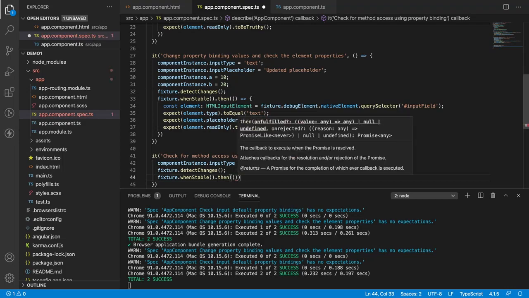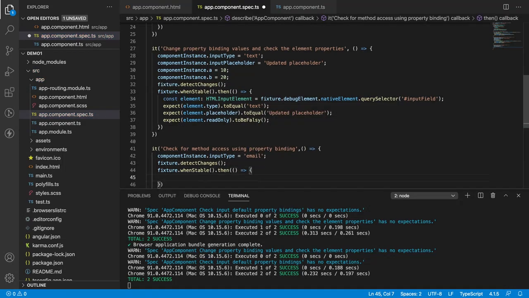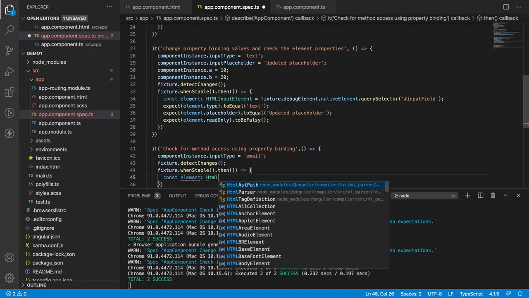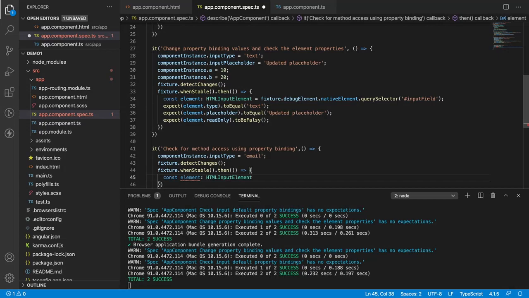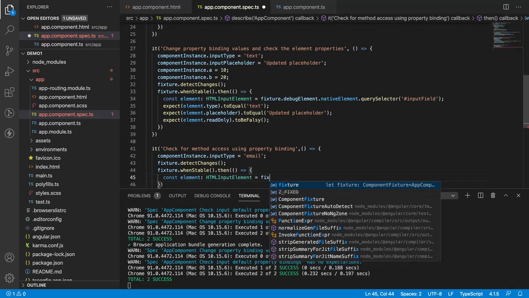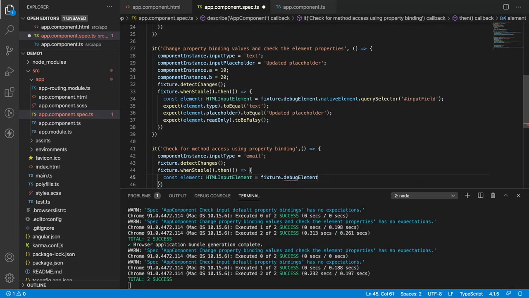It has a callback function that is a resolve state. Once this is resolved successfully, let me get that element. It is also an HTML input element, so pass that input element. Fixture dot debug element dot native element dot query selector of what is my id.